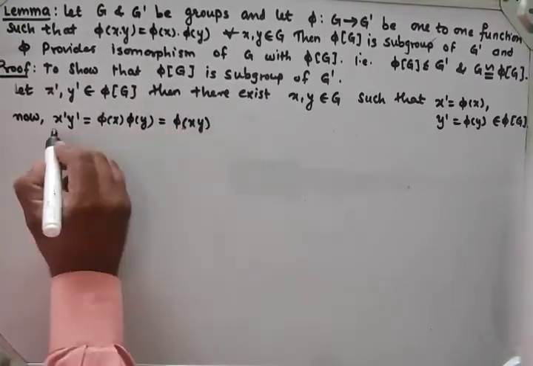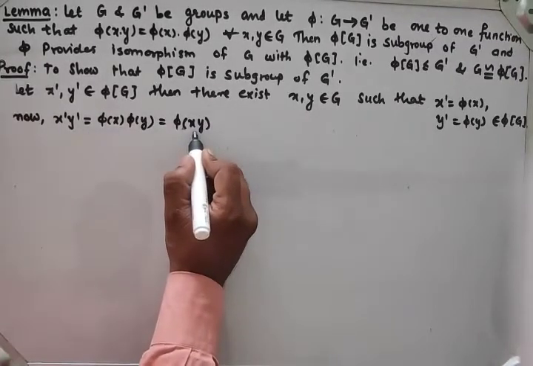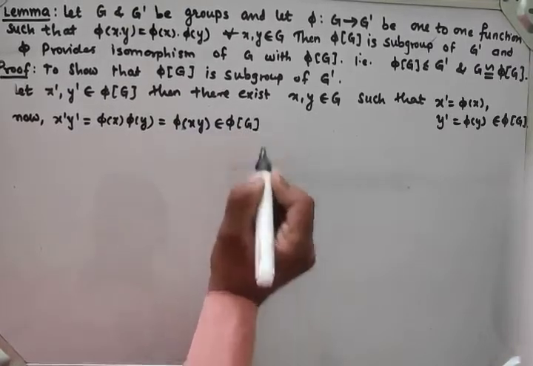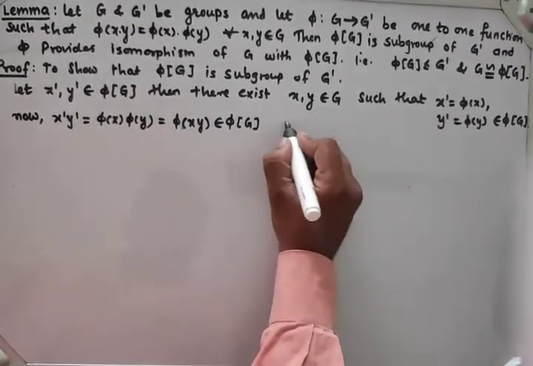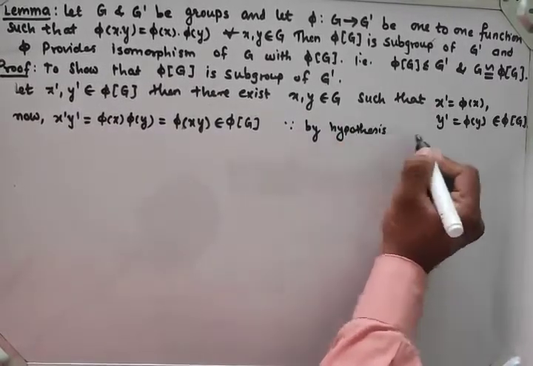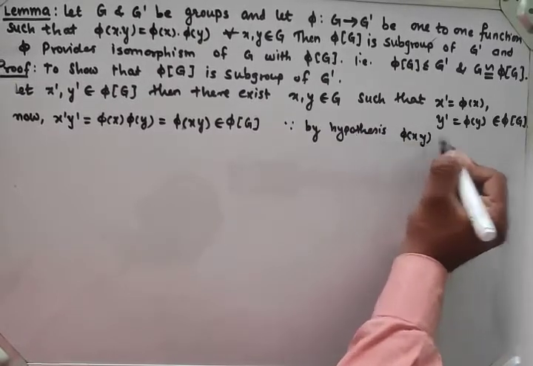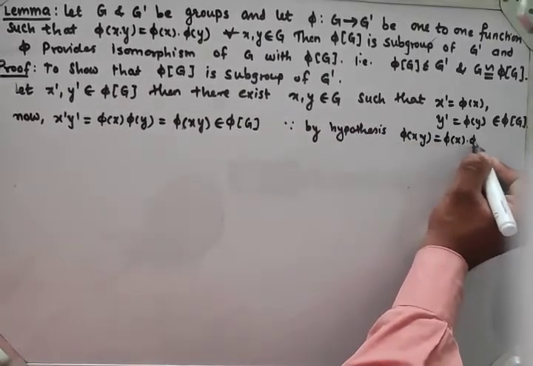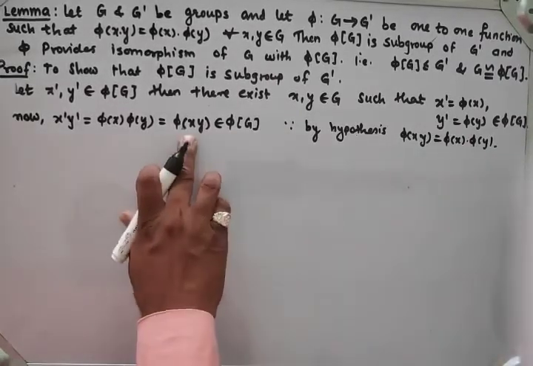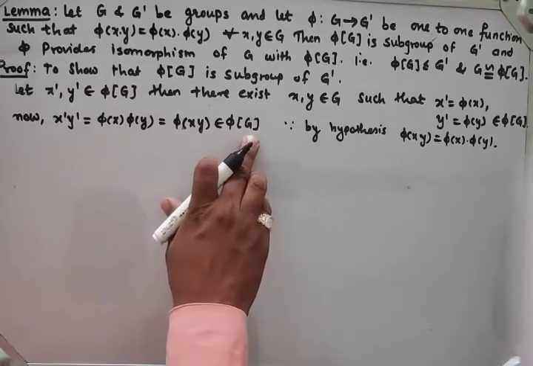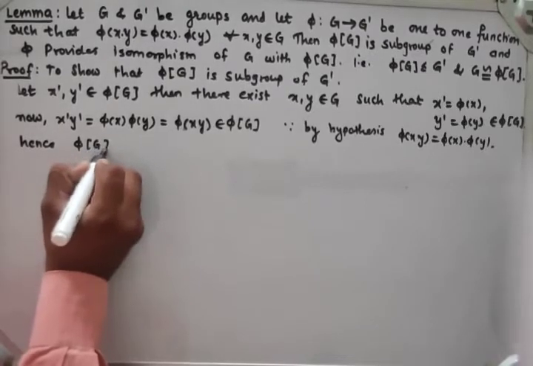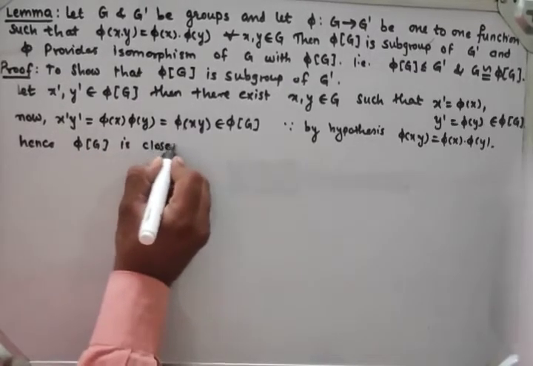So here x dash y dash is equal to phi of xy, which means this element belongs to phi of G again. Since by hypothesis, phi of x into y is equal to phi of x into phi of y, right? So we get phi of xy belongs to phi of G. Hence we say phi of G is closed under multiplication,